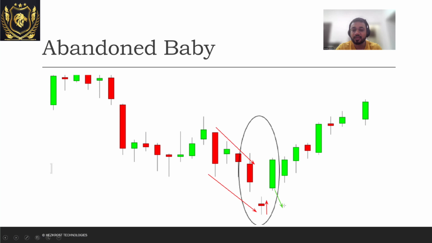Here you can see there's a big green candle which was formed, and a trend reversal happened. So this will be your confirmation, and the next day, in the opening, is where I would enter the market. There was a bullish pattern being formed, and my stop loss will be over here, where we have the doji. If the price falls below this, I'll book my stop loss and terminate my trade, or else I'll enjoy the